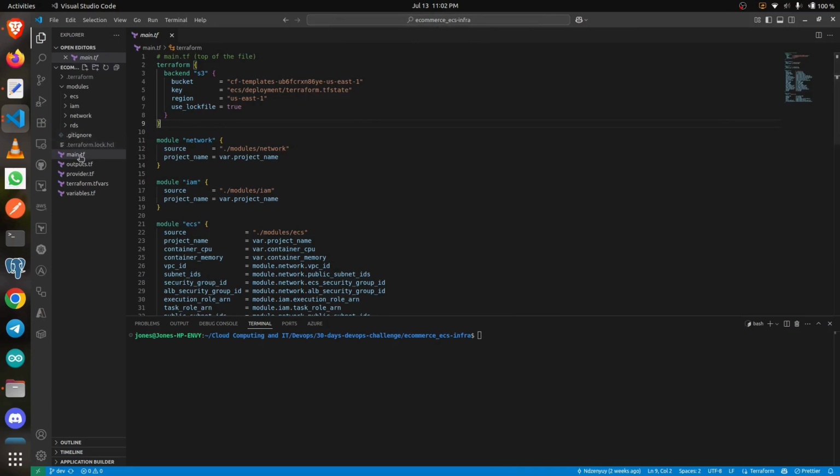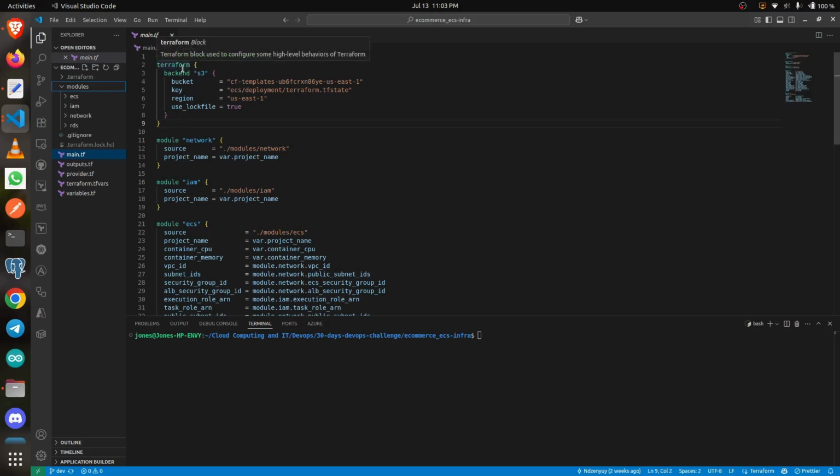As far as the structure is concerned, we have our main, our outputs, the provider, the terraform.tfvars, those are variables to be passed through during runtime, and we have our variables.tf. And now we have a folder called modules, and it's inside this modules folder that we are going to keep the different modules. So for the provider, it's AWS, and now for the main, we see